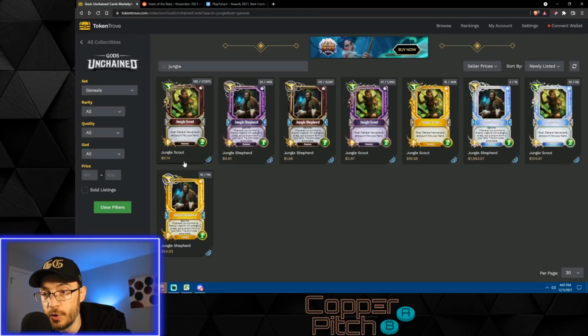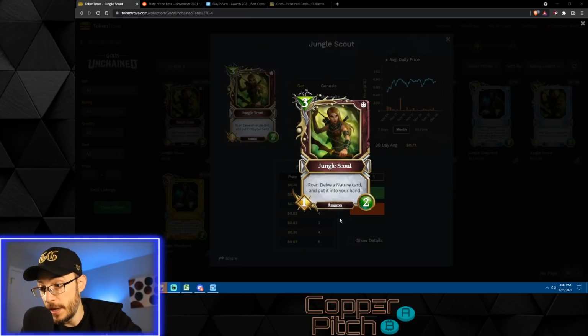Well, we know that the core set refresh is coming. They're going to be adding 60 new cards. They're also modifying a ton of existing core cards and welcome set cards. So certain tribes, as you can see, this one here is an Amazon, in the future are going to be getting a lot more support,